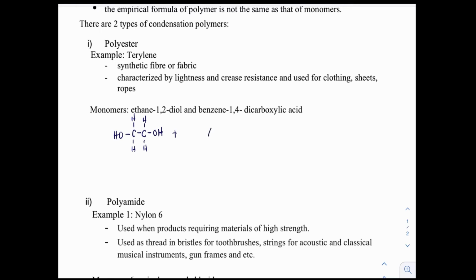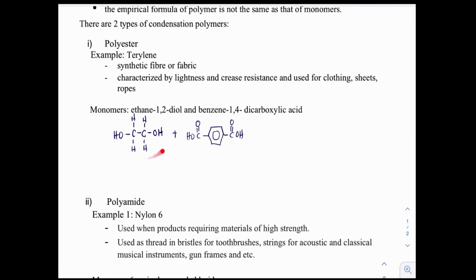And for the second monomer, we have a benzene. 1,4 means the first carbon, which is located at this position, and 1, 2, 3, 4, the fourth carbon, which is located at this position, will have carboxylic acid. So therefore, we name this as benzene